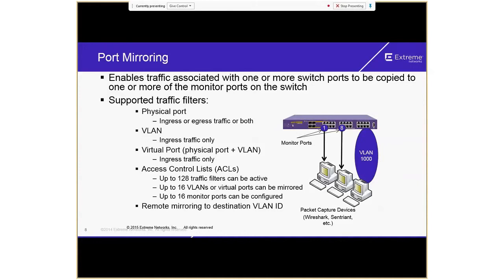Monitor ports are where you will run the packet captures or run Wireshark, and mirror ports are where the actual traffic you will capture. So you can have up to 16 monitor ports. You can have about 16 PCs connected and running Wireshark, and you can send the traffic all into that. Generally, so many monitor ports are not required, but that depends on what the issue is that you are facing. The remote mirroring can be used using destination VLAN ID only.